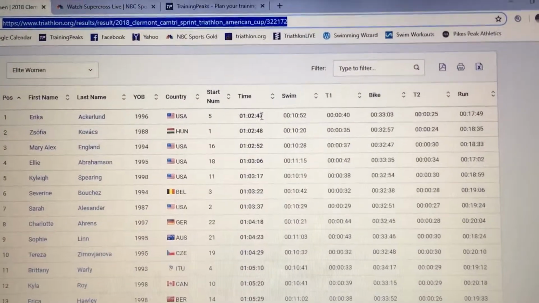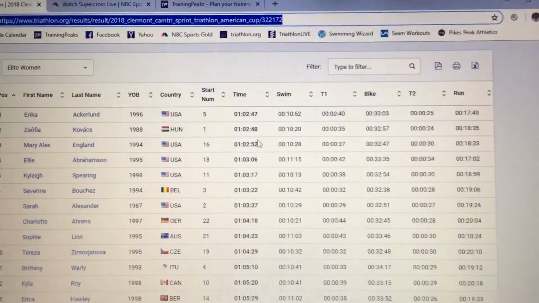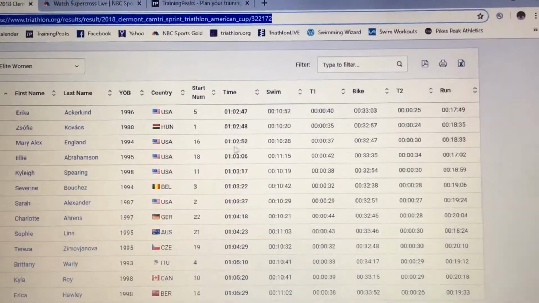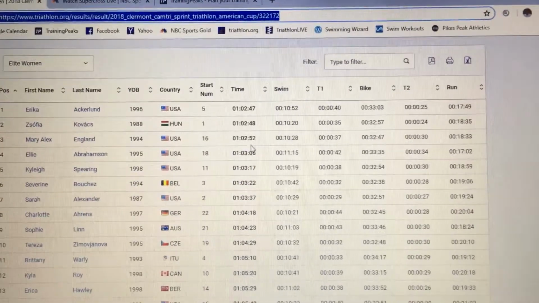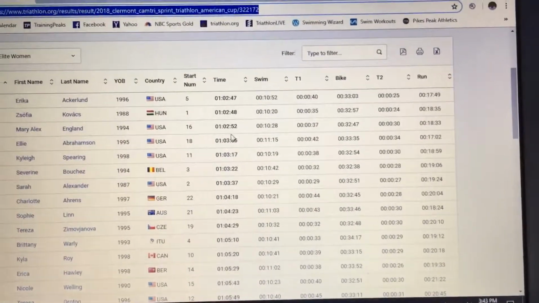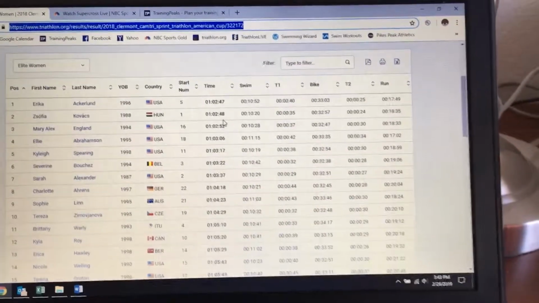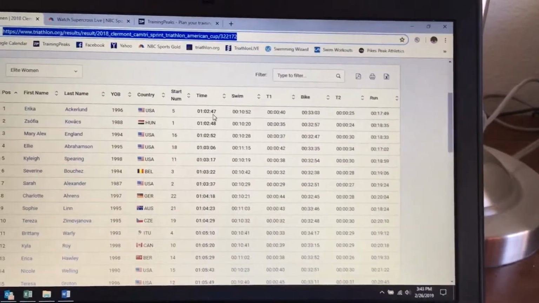10 seconds, so we got a 102.47 was the winner, and third place was 102.52. So that was 5 seconds difference. So 10 seconds difference in last year's race could be the difference between winning and coming in fourth. So the difference between top step, $1,500 in your pocket, maximum points, versus fourth place, which may or may not